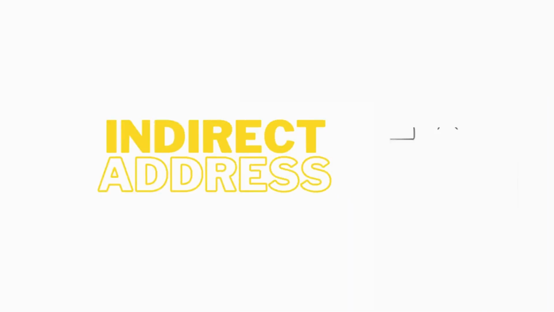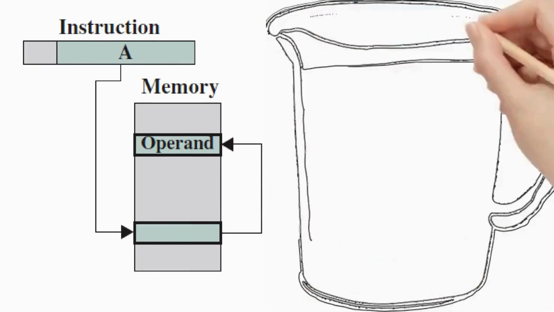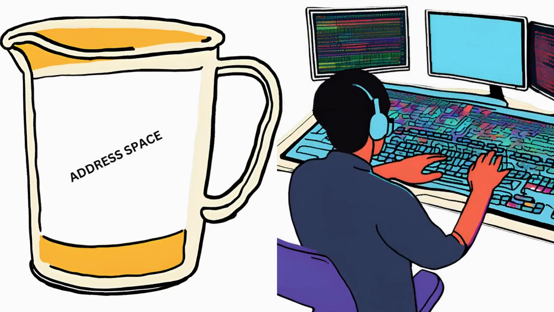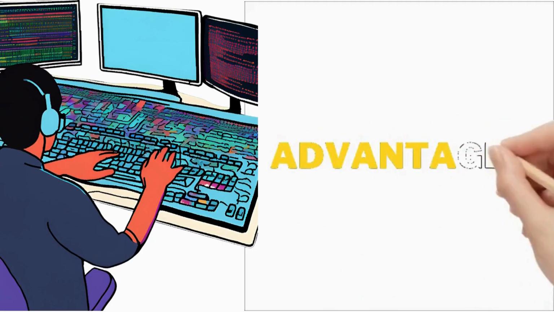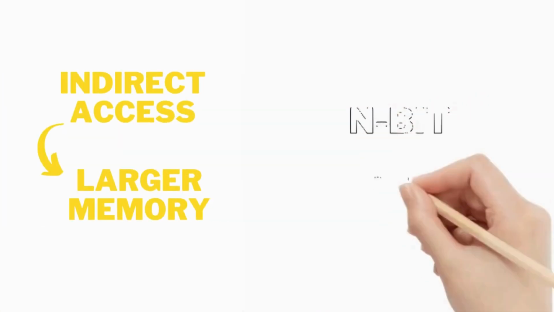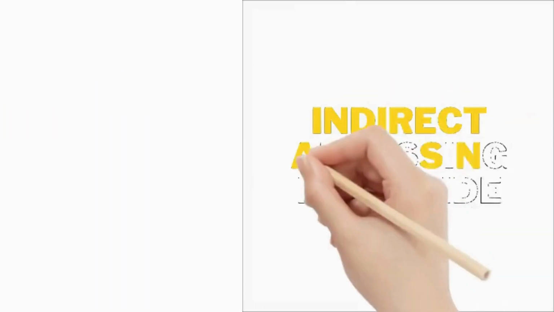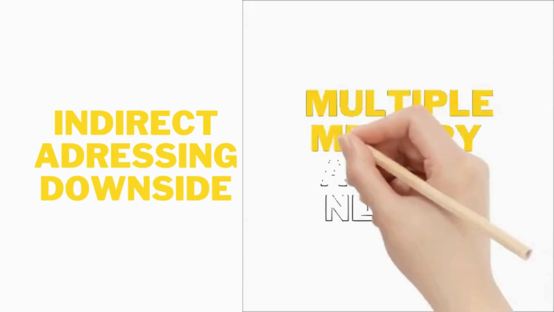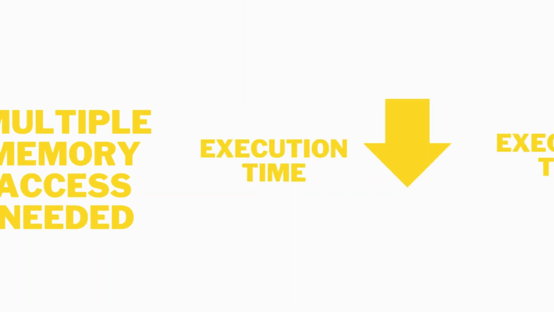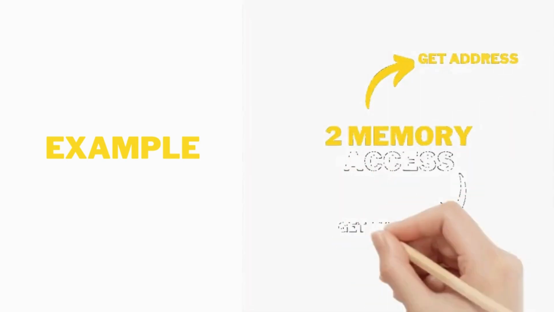In this mode, the address field in the instruction points to another address in memory, which contains the operand. This provides a large address space, ideal for more complex programs. The main advantage of indirect addressing is its ability to access a larger memory space. With n-bit addressing, it can handle 2 to the power of n locations. However, this mode has a downside. It requires multiple memory accesses to fetch the operand, which can slow down execution. For example, 2 memory accesses are needed, where one is to get the address and a second one is